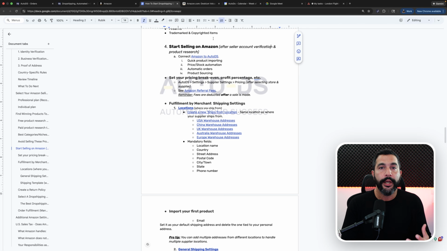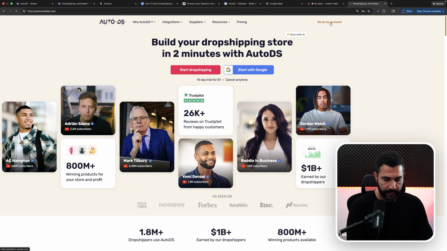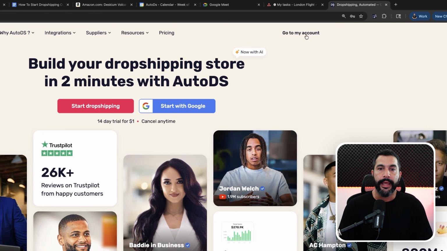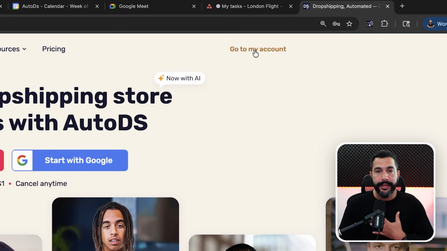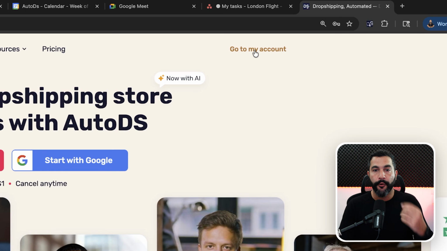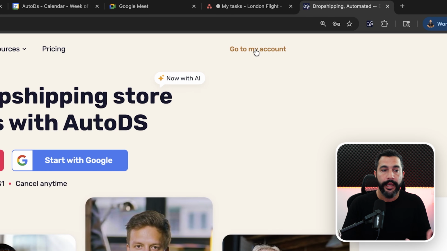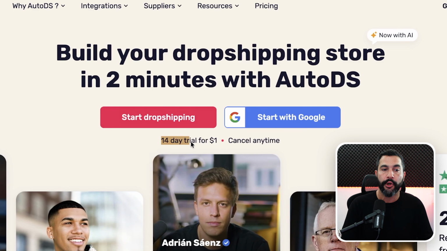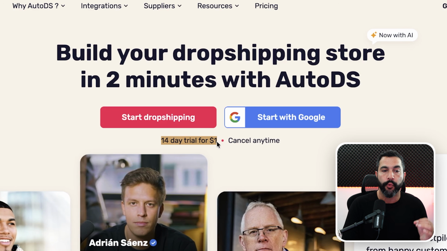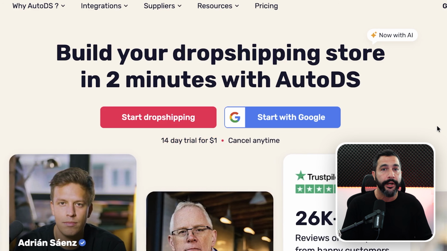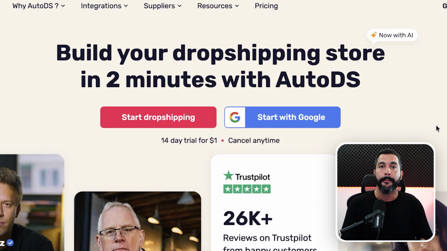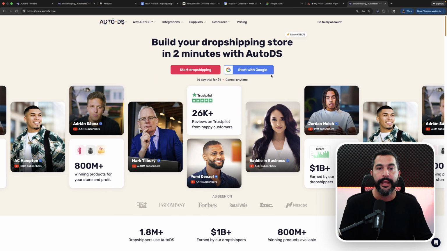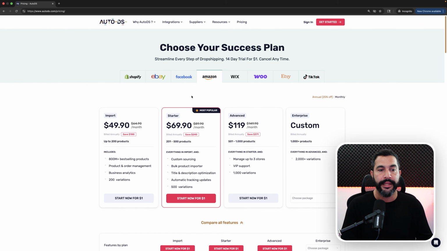Okay, so in order to connect Amazon to AutoDS, you first need to have an AutoDS account. So if you don't have one yet, head over to autods.com. And over here, in my case, it says go to my account because I'm already logged in. For you, you're going to have the option to register if you haven't done so yet. So go ahead and do that. Fill in your information. You're going to start with a 14-day trial for just $1. That's more than enough time to get started, make sales, make profit, and